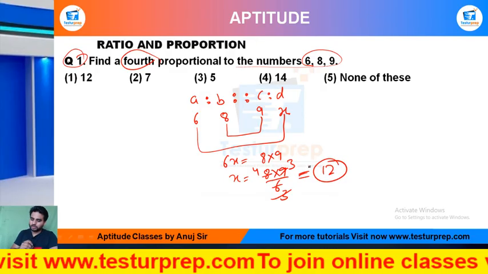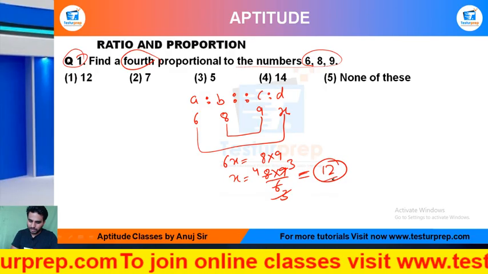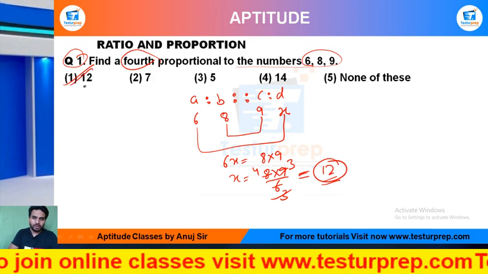दैट मीन्स कि आपका जो आंसर रहेगा बच्चों यहाँ पे वो 12 रहने वाला है, जो कि ऑप्शन नंबर अपना 1 बनता है।